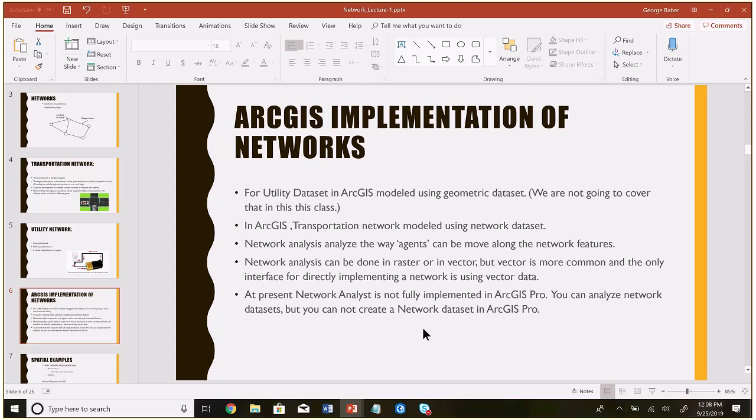Okay, so in ArcGIS, the transportation network is modeled using a network data set. So that's what we're going to talk about today. And a network data set can be analyzed in what's called Network Analyst. The tool, network analysis, analyzes the way agents can move along network features. And network analysis can technically be done in both raster and vector, but vector is overwhelmingly more common. It's more common to use points, lines, and polygons. ArcGIS doesn't have a tool for accepting